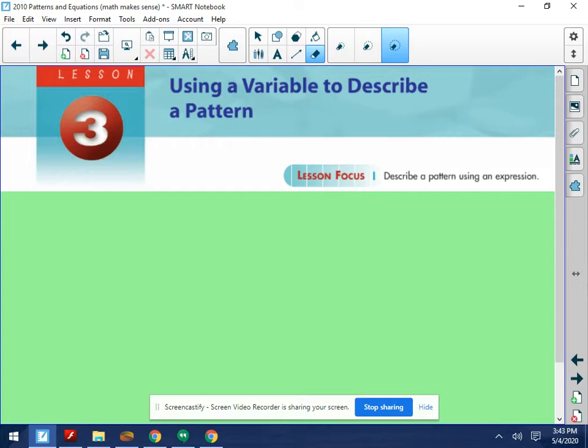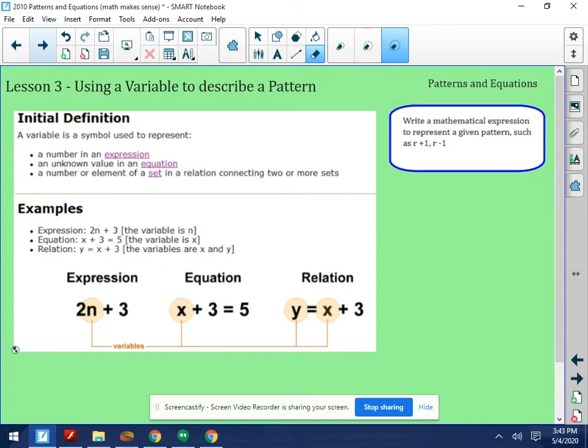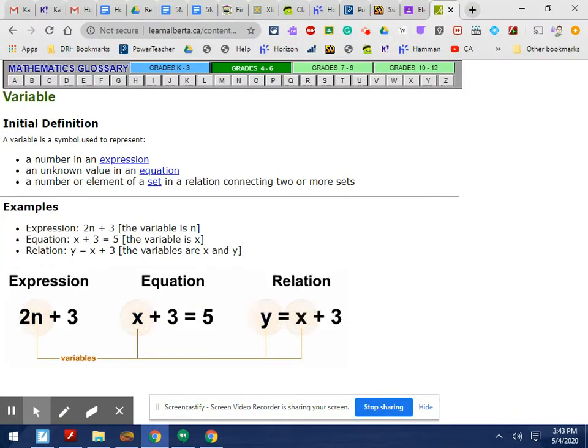Okay, but let's talk about this new part of the unit, which is talking about variables. This can be a word that makes children nervous, which is why I want to record a video about it so that you can understand what a variable is and not be nervous. So first of all, let's look at the definition of what a variable is so we can understand what we mean by that. So if we bring up this web page here, it tells us that